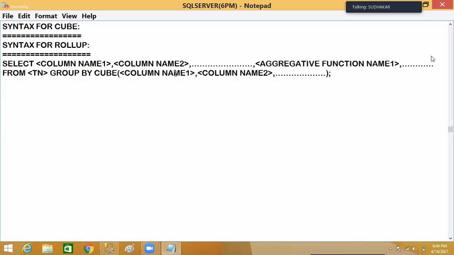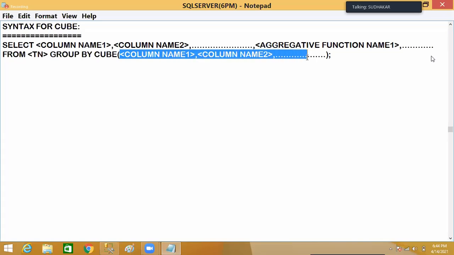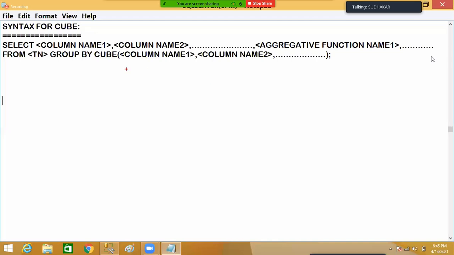But here, what is the cube advantage? Along with cube, how many columns are you passing? For each and every column wise, it will be finding subtotal and producing grand total. So here there is no option. How many columns are passing here? All columns are